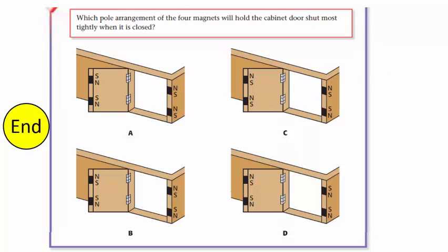So if you read the question carefully, it says which pole arrangement, and if first you go pole arrangement, what does that mean? Well, they're talking about the poles of a magnet, north and south. Of the four magnets, which will hold the cabinet door shut the most tightly when it's closed? Well, this is, again, you'd have to have this experience in science, but if you take, I'm going to do this over here, we got a bar magnet with a north and south pole,